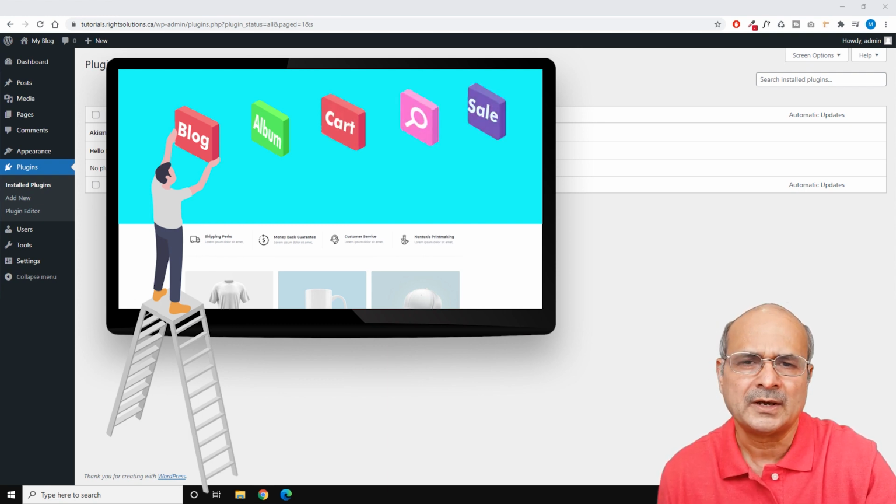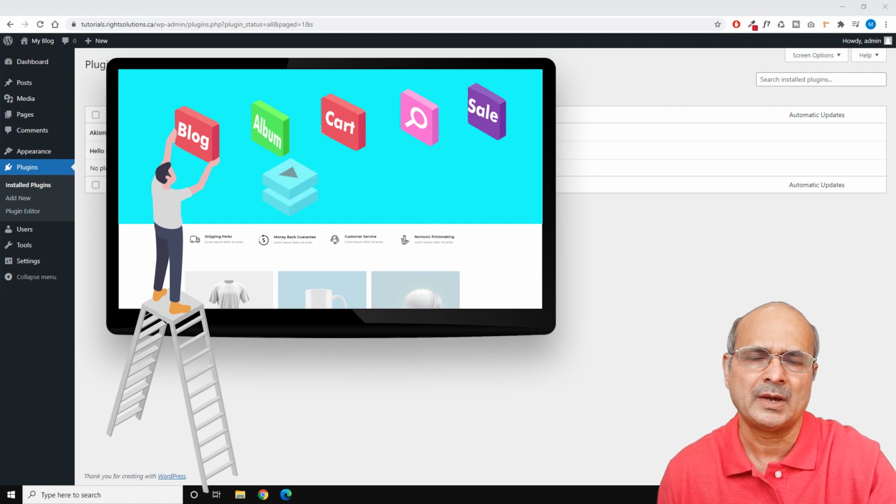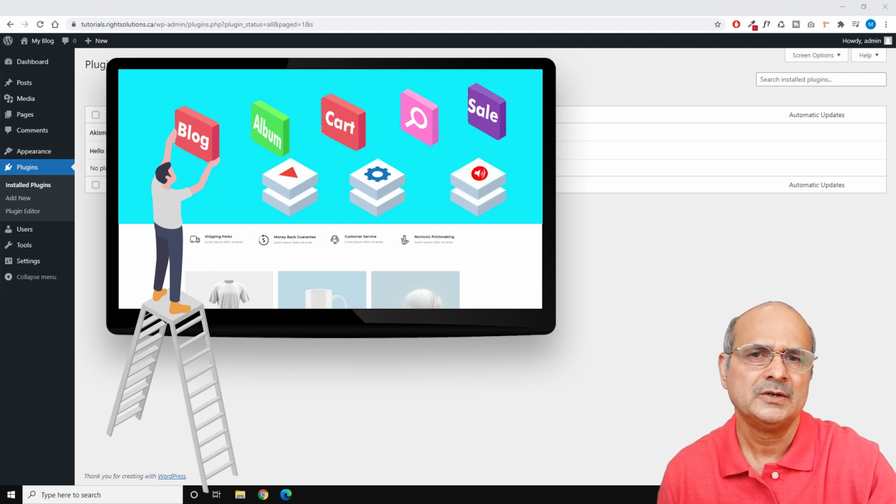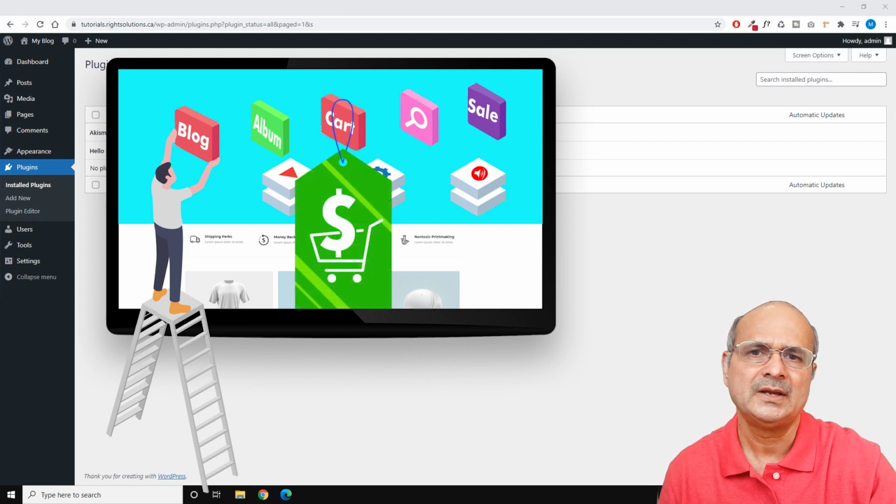I mean, let's say you are making a personal website, but later you decide to sell something. Say you're a photographer taking photographs, and you see that some are good and you want to sell them. You can start selling these photographs right from your website by installing a plugin, and start selling,